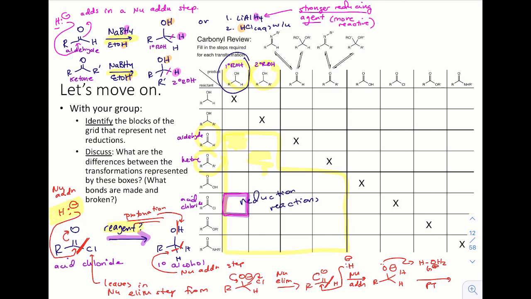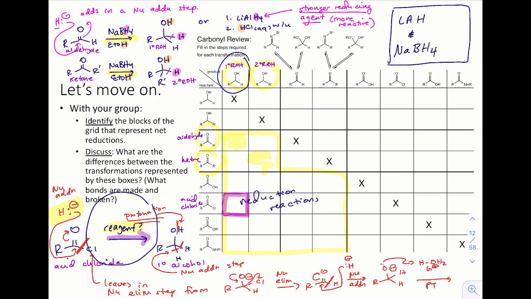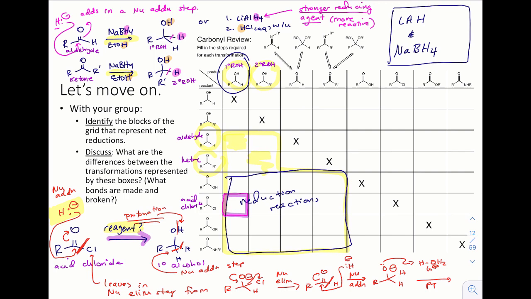Yeah, well, we currently know two reducing agents. We know lithium aluminum hydride, or LAH, and we know sodium borohydride. So perhaps one or both of them, or maybe some other reducing reagent, is capable of performing this transformation. I have one more question for you to think about before we actually learn these reactions in this lower left quadrant, which is